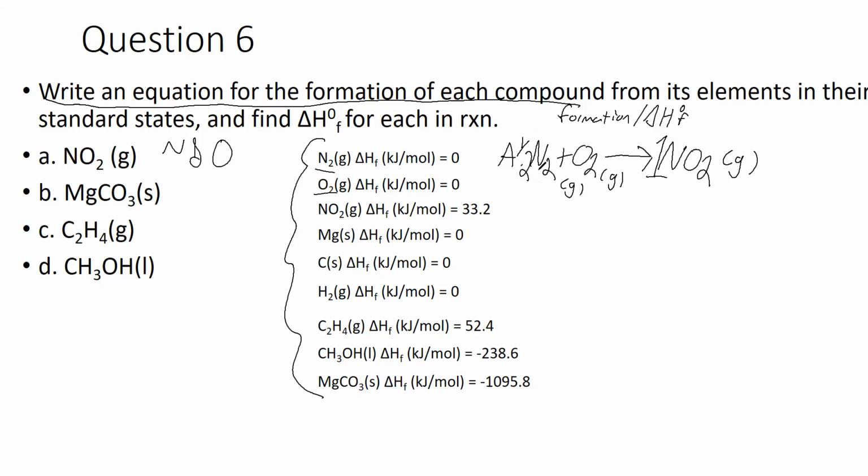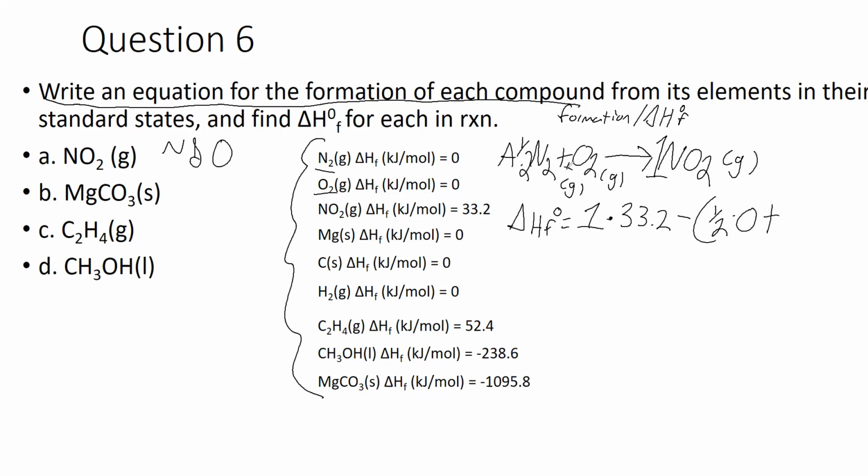And now the actual math for that. Delta H formation at the standard state equals the number of moles of our products, 1, multiplied by the delta H of formation of our product, which is NO2, which in this table is 33.2, minus, now I'm putting a bracket here because it's the sum of reactants, 1/2 number of moles multiplied by the delta H of formation of N2, which is 0,